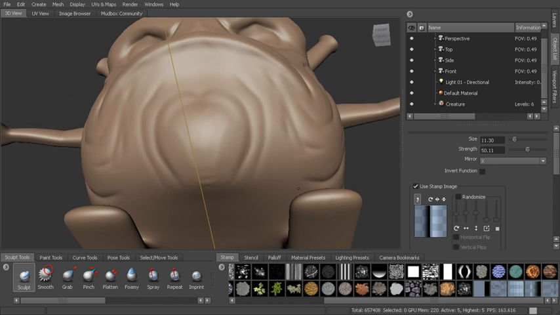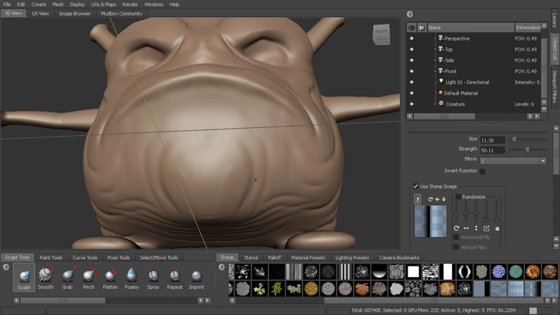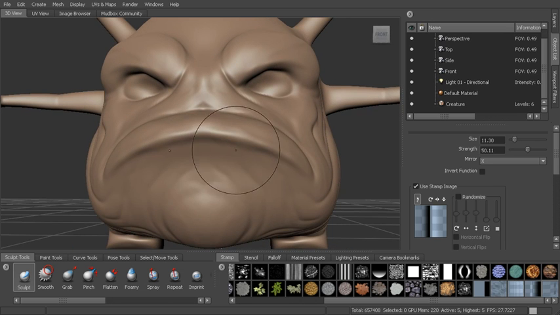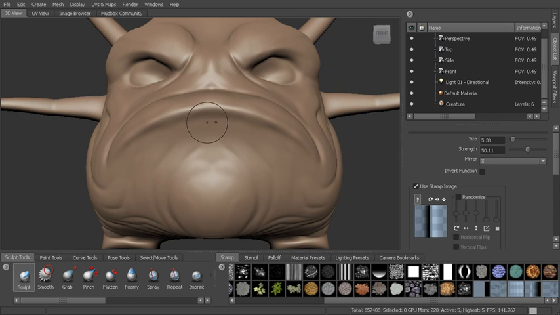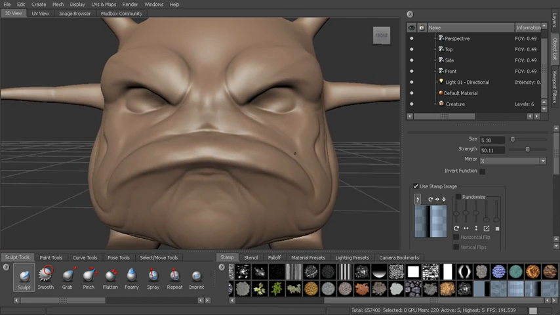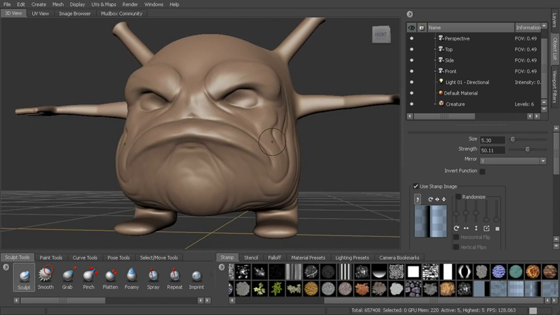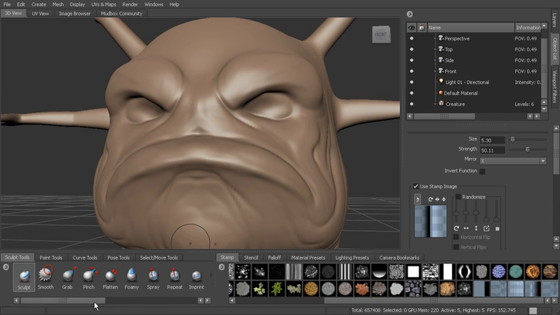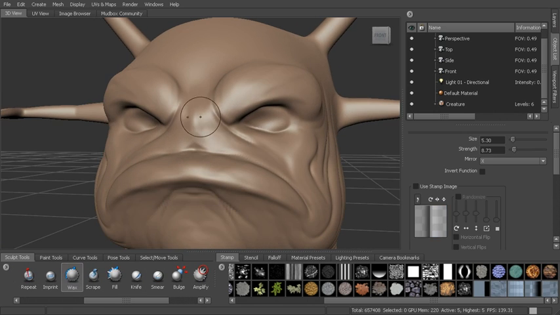It also depends on, if you're using a pen, your pen pressure, so you can create light wrinkles and then maybe some sharper wrinkles. So if I come in with a smaller brush, I can create these sharper wrinkles coming in here and define this cheek flesh, or not the cheek, but under the mouth, define that flesh a little bit more. And then let's go back to our wax